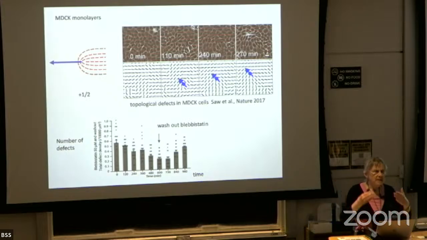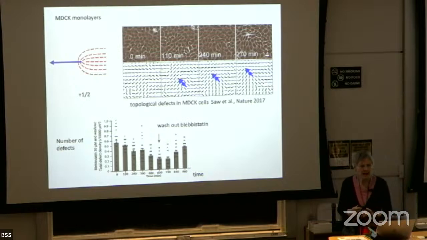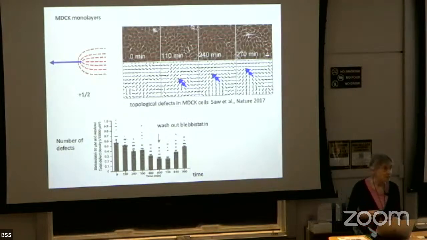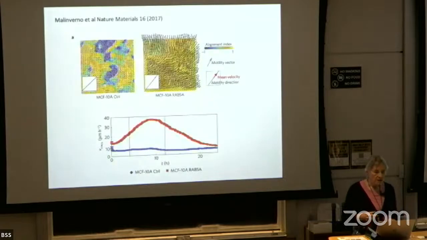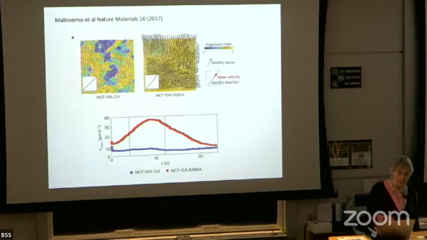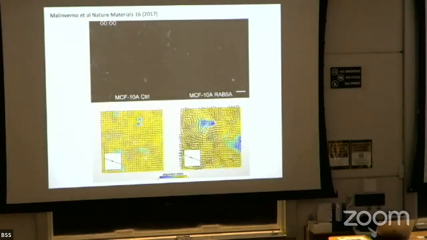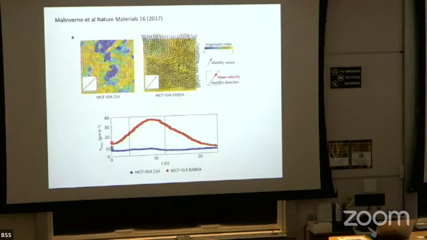So now what I'm going to do is go through three experiments which I really, really like, and if we are going to understand these cells, we have to understand these experiments. This is a really lovely experiment, quite an old one now, from the Milan group. What they did was look at MDCK cells, again, sorry, MCF10A cells, but squishy cells the same way. And this is a picture of the velocity field, and these things are undergoing an active